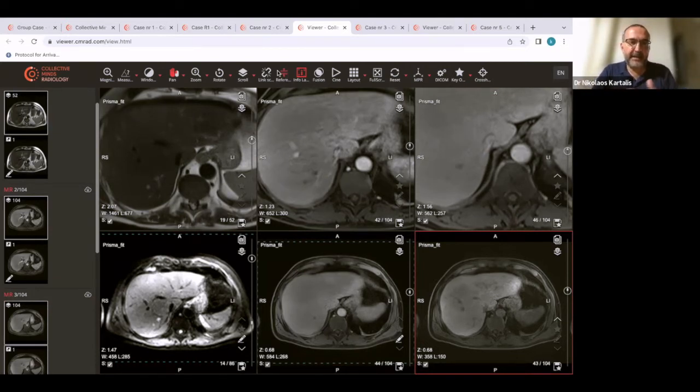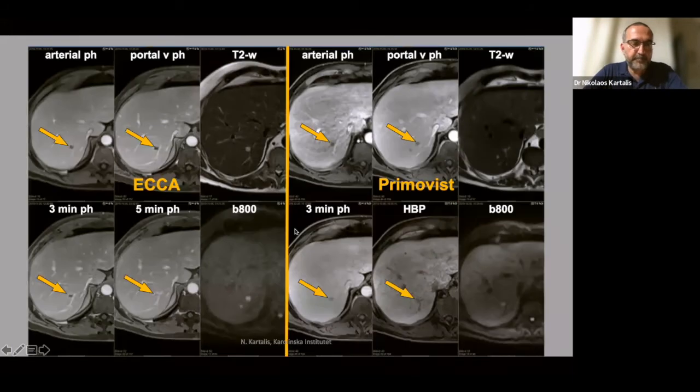And actually, this is a clear game changer, because if we say that this patient with pancreatic cancer has a liver metastasis, then it's history. He can't get any curative treatment. If we say the patient has hemangiomas, then he or she can be operated upon. So it's very important to try to solve this case out. So let me go back to my presentation. This is case number 2. Okay, this is the Primovist exam that we have been looking at together, and this is the extracellular contrast agent exam that the patient had a few days later.